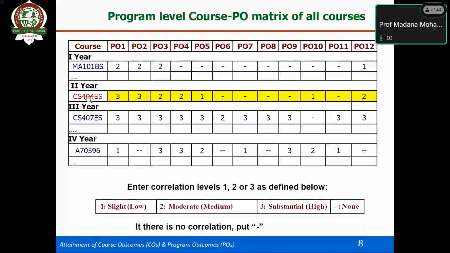So here you can see the course. Earlier, all the COs were combined. Now we are talking about program level, which means we will take only the course, followed by the program level mapping value. Actually, we have a weighted average, and that weighted average value is rounded. So higher values will be taken. Here you can see this is 3 for PO1, PO2 is 3, then 2, 1, then PO10 is 1, PO12 is